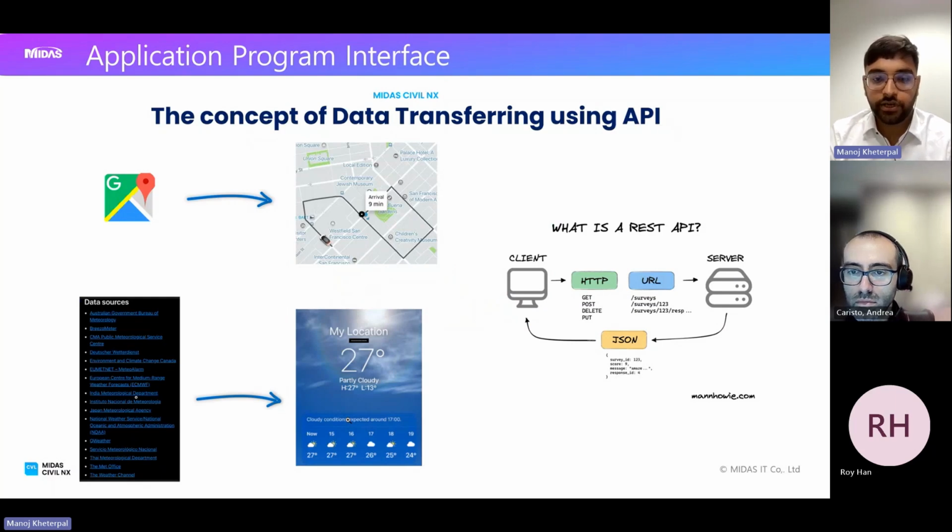It gives you the live connection, and it works on the HTTP methods, which are get, post, delete, and put. So quickly defining these terms: post is like creating new resources. So if you want your Grasshopper model or Excel or Python to create a new property inside the Midas Civil, you will be using this post command. And then similarly, to read the existing resources, say you want to get the results,